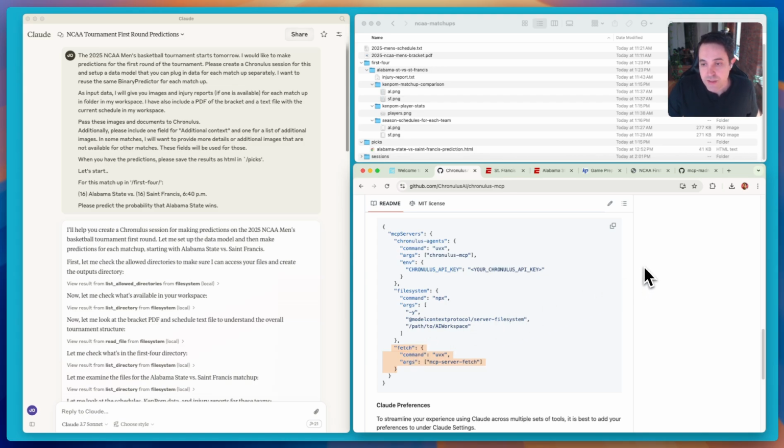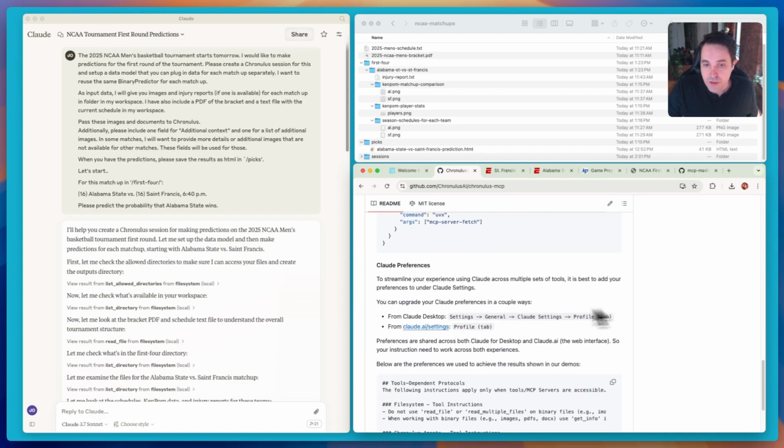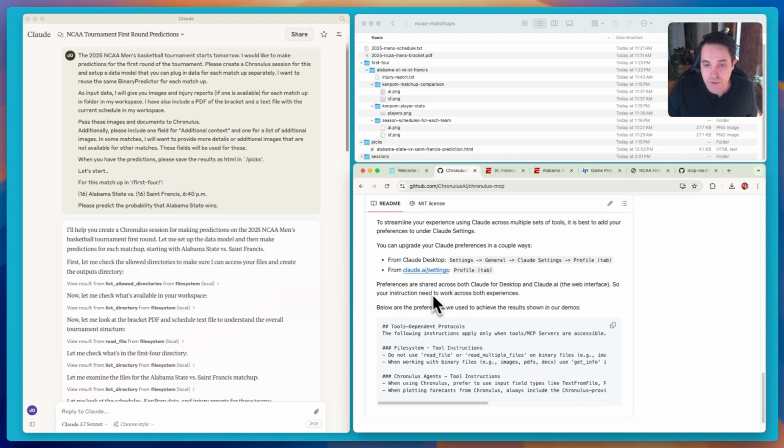In those cases, it does help to have, and I've put more details down below, you can set up preferences in Claude. So either through Claude Desktop or by going to Claude AI/settings, you can actually express your preferences to Claude for how it deconflicts between different types of tools that it uses. Or even if you're not using tools, if you're just doing some other workflow, you could even tell it to do different things here automatically for you.